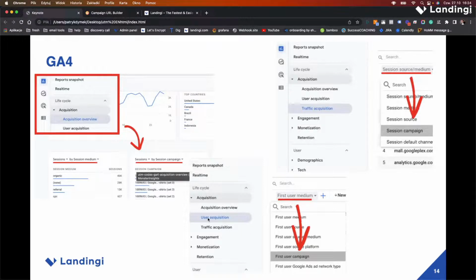Or you can go for user acquisition and see the first user medium, first user campaign. And when you hit the plus button over here, it will give you the opportunity to add an additional dimension, as in Universal Analytics when I showed you before.